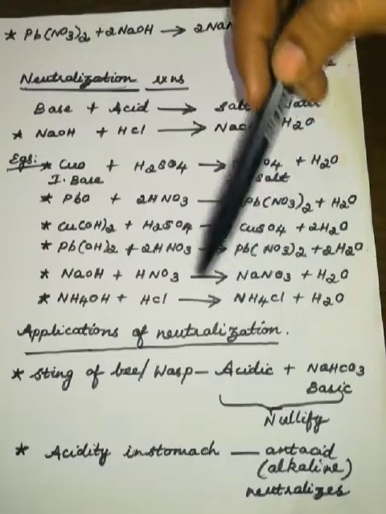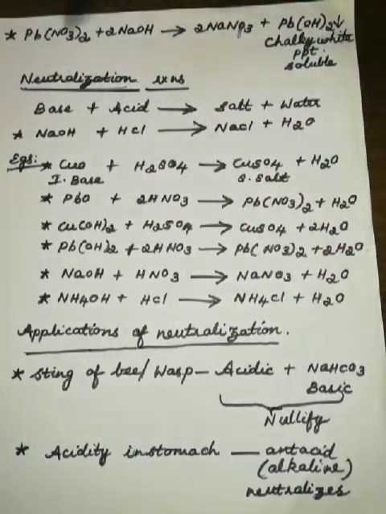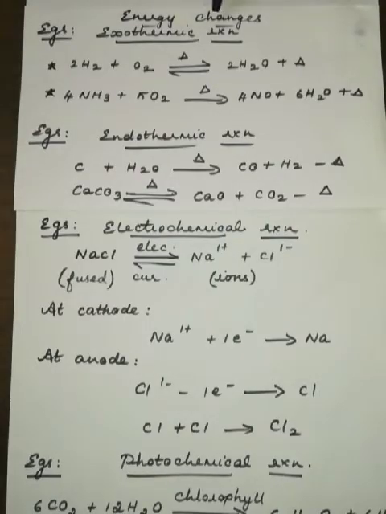Let's see about that. So far we have seen all 4 types of reaction as chemical changes. Let's see about energy changes also. These energy changes are exothermic and endothermic reactions. In the exothermic reaction, hydrogen with oxygen gives you water. It's a highly exothermic reaction. Even though it's a neutral liquid, it's a highly exothermic reaction. It's a reversible one. A lot of heat will be liberated or evolved.